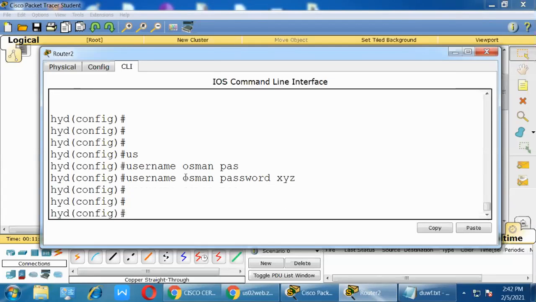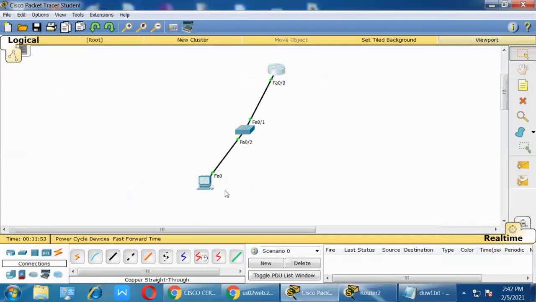Let me complete this one, and they will show username Usman and password. So I create the user.